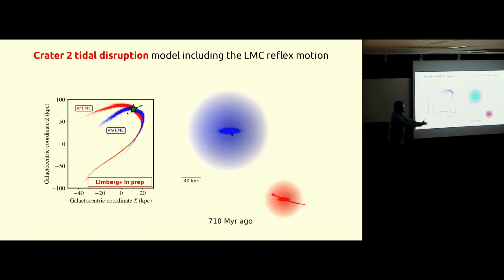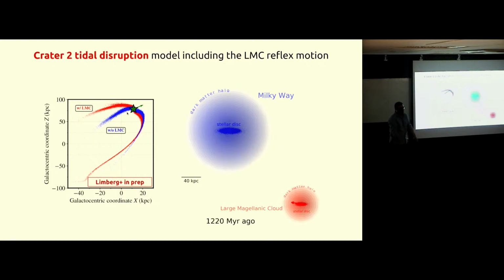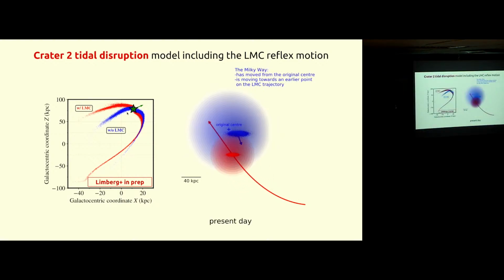So what happens is that the LMC really pulls the Milky Way out of the original center, and the Milky Way is now moving towards the LMC at approximately 40 kilometers per second or something. So the LMC is displacing the whole Milky Way, and this is why these models differ. It is because one of them is just closer to us, because the Milky Way is actually moving. This is just a curiosity.